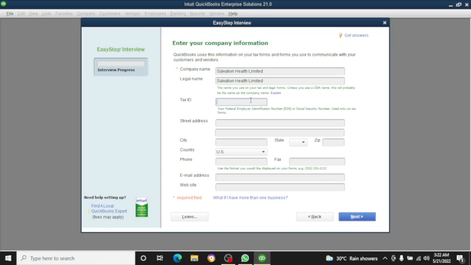The tax ID, if you need to put the tax ID of the company, that's the social security number. Now the address,